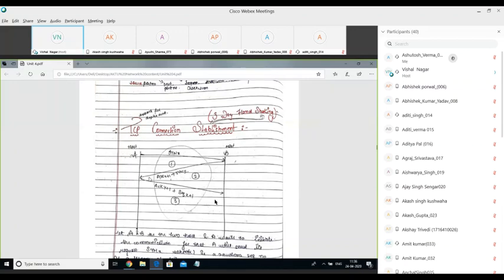So SYN Y corresponds to the request made by host B. As soon as host A receives this request and the acknowledgement, there are two things coming from the side of B. One is ACK X plus one, that is, the synchronization request is approved by host B, and also B is requesting to establish a connection from its side.